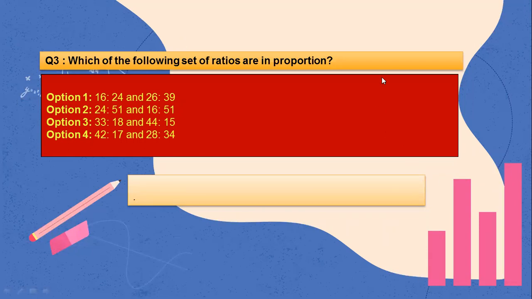Now in this type of question, you should first know what proportion is. See, when two ratios are equivalent, then they are in proportion. So this is the basic definition which you can keep in mind. What you can do is try each of the options. See here, option 1, I'm trying 16 upon 24 and 26 upon 39. Let us write this into simplest ratio. This will go by 8: 8 2s are 16, 8 3s are 24. This will go by 13: 13 2s are 26, 13 3s are 39. So you can see that 2 by 3 is equal to 2 by 3. So option number 1 is coming right.